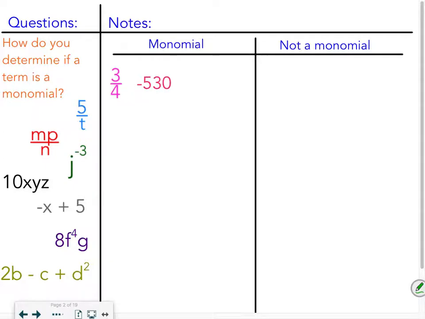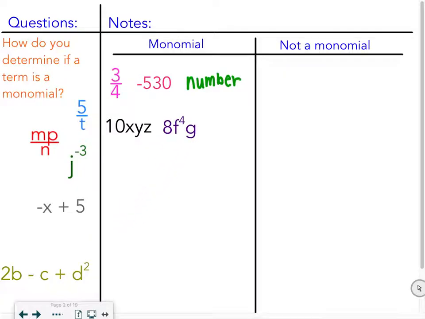So write down number. A monomial can also be the product of a number and a variable. So really, a number is the same thing as a constant. So it can be a constant